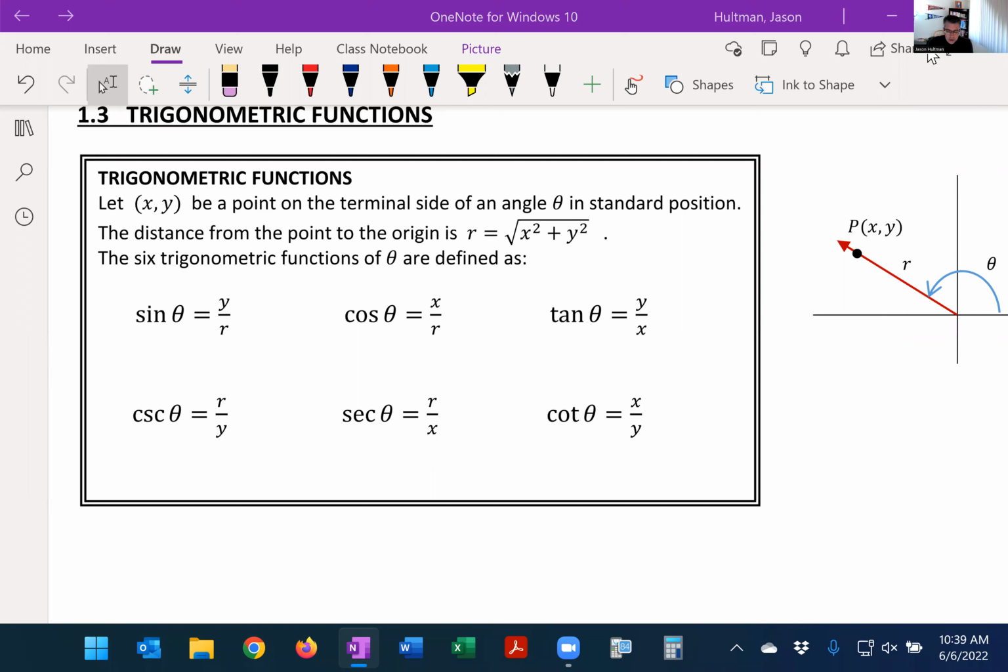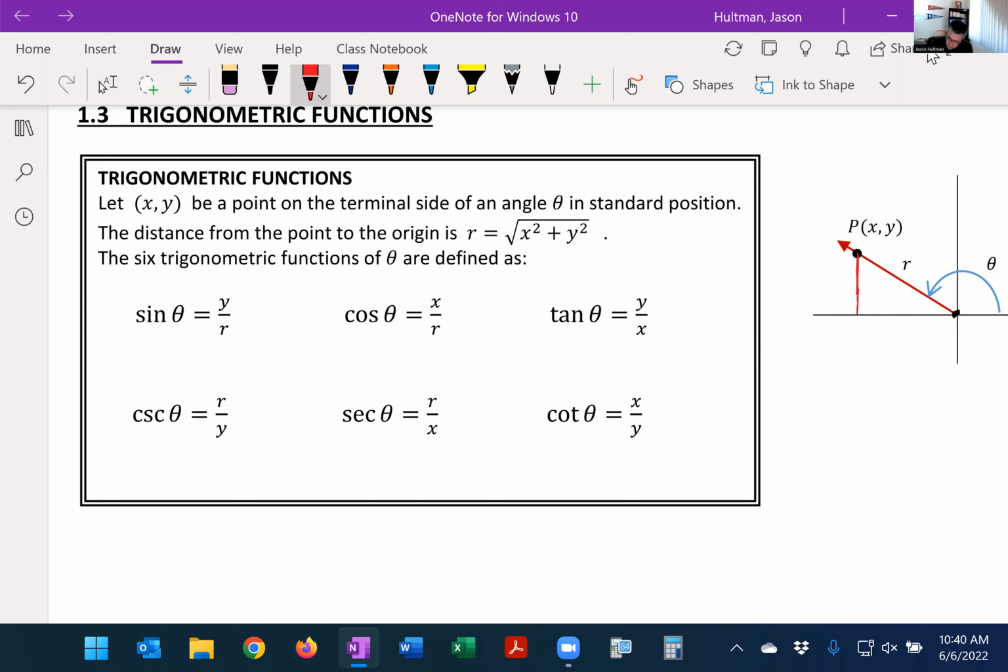Trigonometric functions. Let (x, y) be a point on the terminal side of an angle theta in standard position. The distance from the point to the origin is r, and that's equal to the square root of x squared plus y squared. So if we look at what x and y are here,